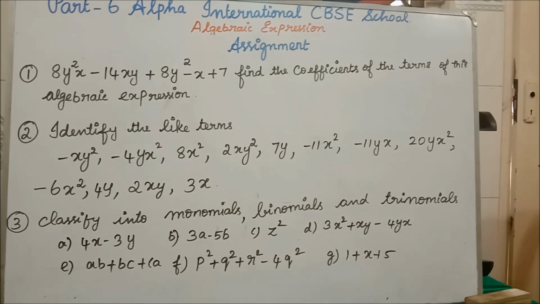Students, what did I tell you? Monomial means it should contain only one term. Isn't it? That we say is monomial. What did I tell about binomial? It should contain two unlike terms; that is called binomial. And what is trinomial? It should contain three unlike terms. We say it is trinomial. So students, you see where only one term you are having, and write it in that box. Put a tabular column.